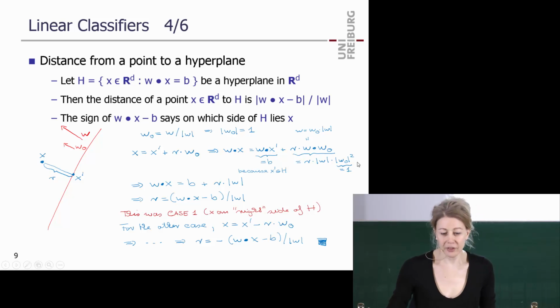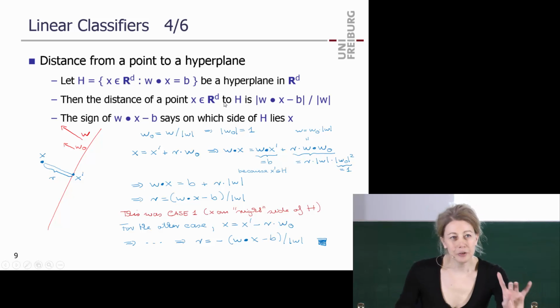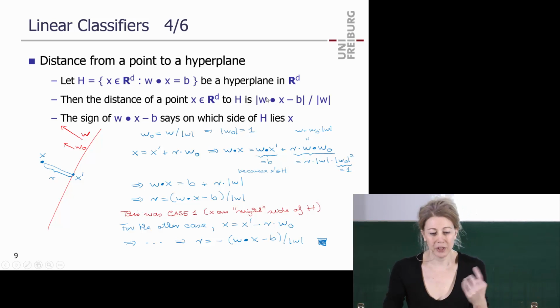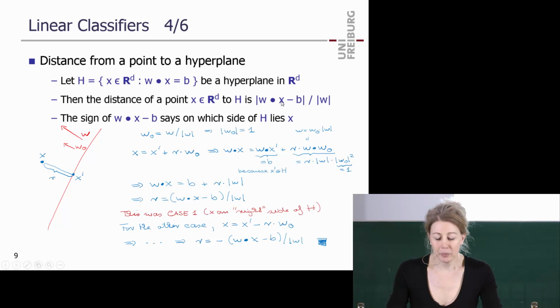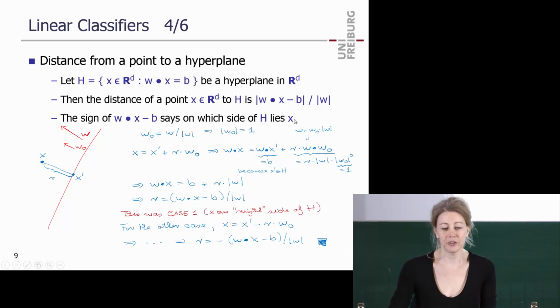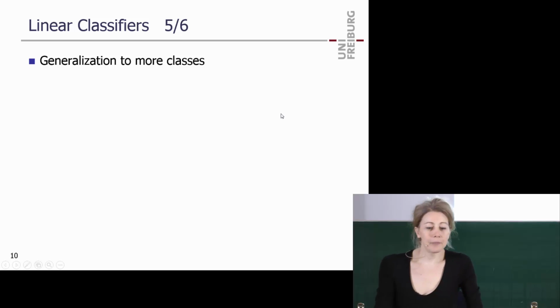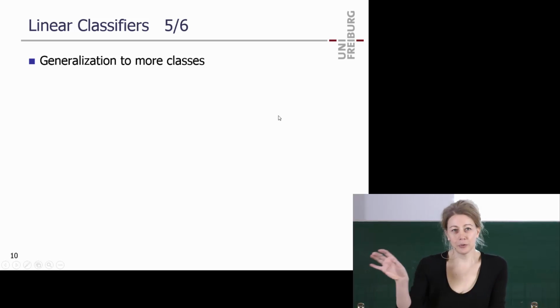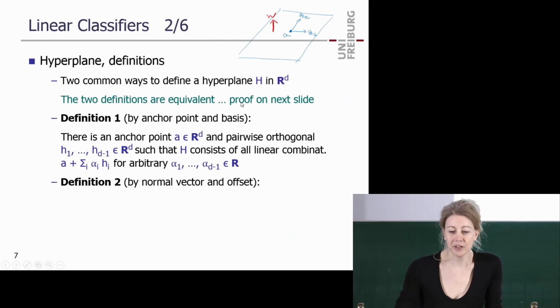So that's it. Even if you didn't fully understand the proof, it's very important to remember this, because that's what you need in the implementation to find out on which side this lies. Without doing the math, this is not something you could just come up with. Compute the dot product, subtract this b, and then you look at the sign. That's it, super simple.